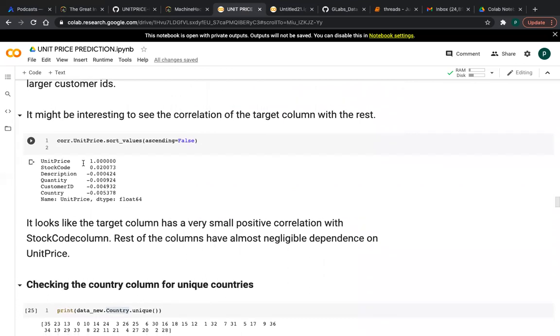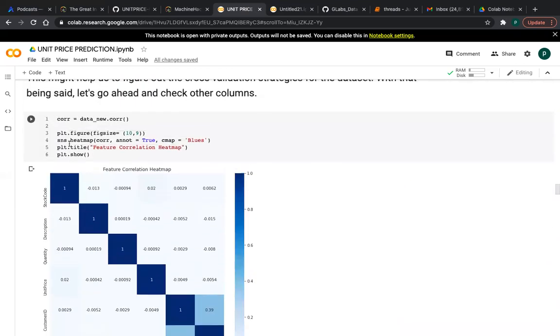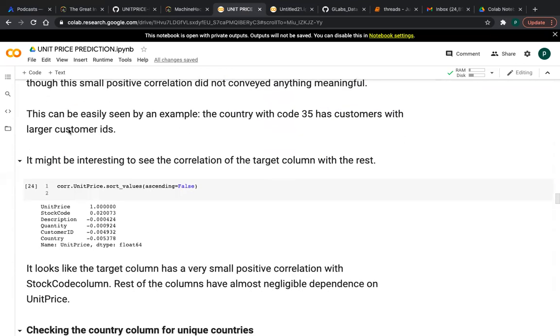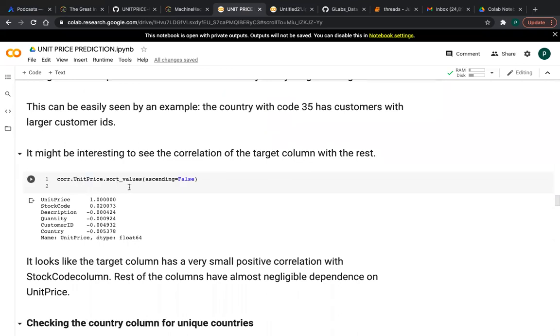Our target column is unit price and I am checking all the features against the target. So I write the correlation variable, dot, the target column, dot sort underscore values.